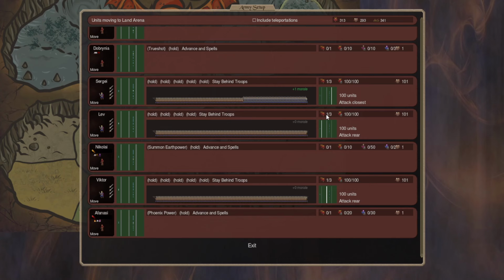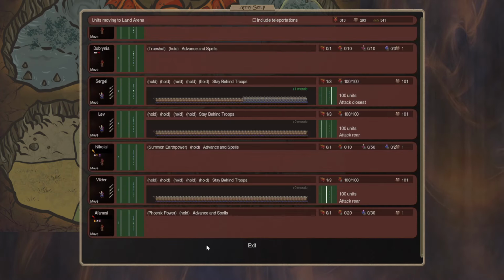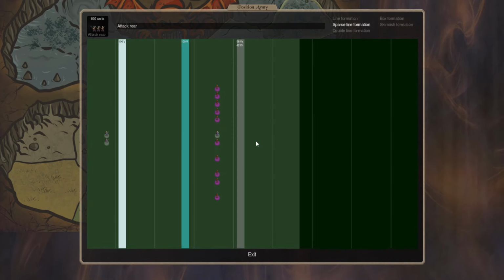What really matters here are the troops. We have a line on attack closest, sparse line on attack rear, and sparse line on attack rear. This could also be attack rear, honestly. So the reason why we have these sparse lines, these could also be split up, is because first of all, troops in line formation are naturally more spread to avoid the Midmosh, and attack rear is very, very important because attack rear is the one